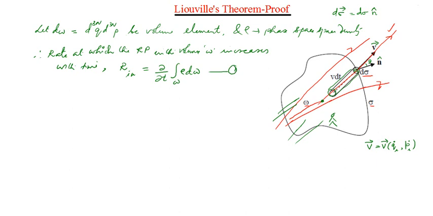Okay, you know that it is the rate of flow of representative points. So let me do a side work here, for our understanding: the definition of rho, the phase space density function. Rho is equal to the number of representative points per unit volume, so dn by d omega, right? So therefore the number of representative points dn will be equal to rho into d omega, just cross multiplying. So what will be the total number of representative points in any volume omega? That will be n equal to the integral over the relevant region of omega of the quantity dn, that is rho d omega.